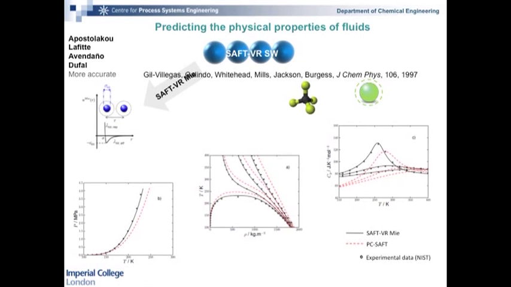And if you take an example, for instance, perfluoromethane here, you can see that it has a very large impact on the properties you predict. So for instance, here we have vapor pressure, we have density, and we have heat capacity, all as a function of temperature. The symbols are data points, and the black lines are the calculation using this Mie potential here. The red lines are calculations that you obtain using a different interaction between the segments.